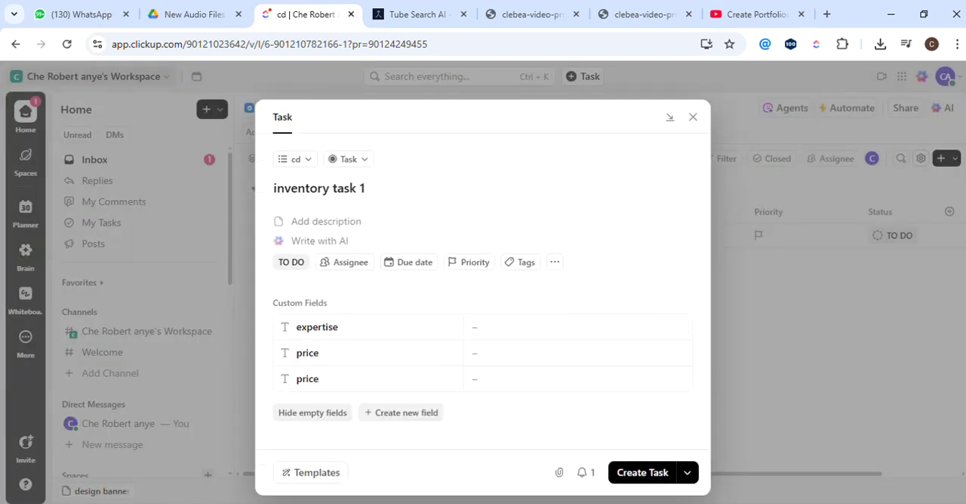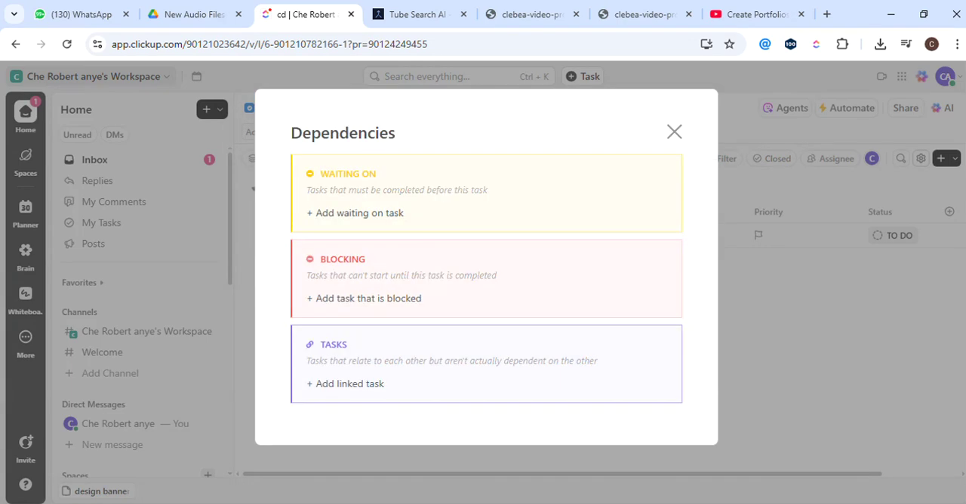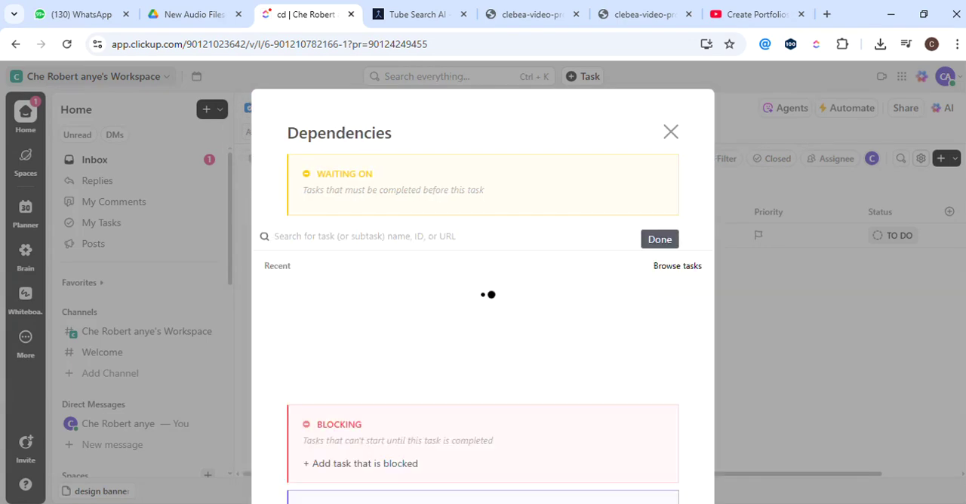Next up, we're going to set up dependencies. Let's say you have items in your inventory which rely on others. In that case, set these items as waiting on the items they depend on. The reason we do this is to ensure we maintain our inventory in the correct order and avoid any hiccups